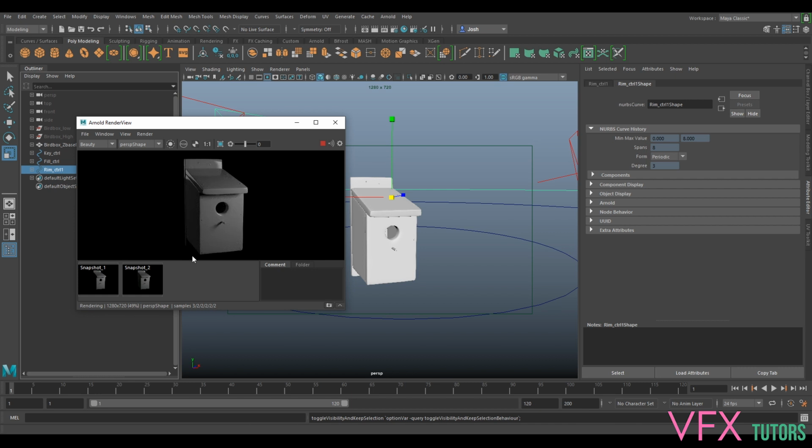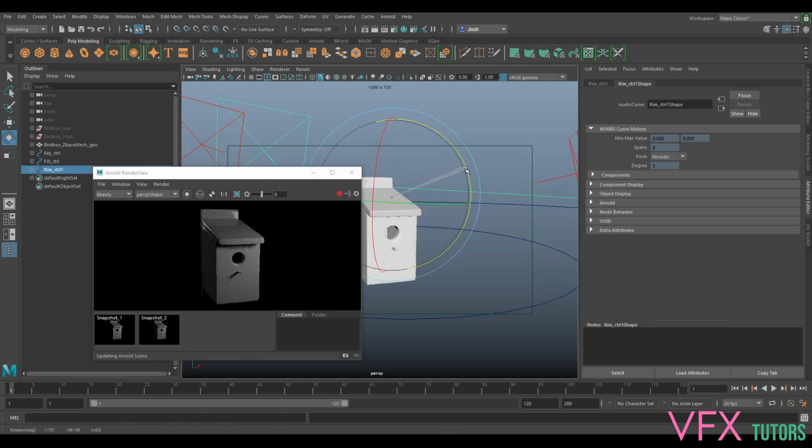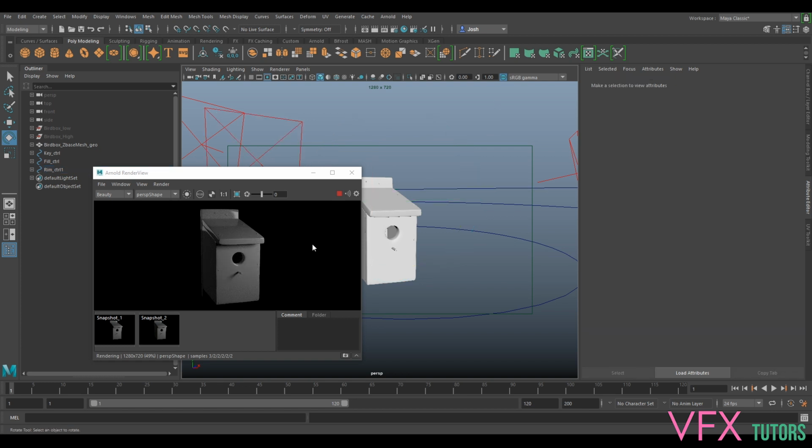See how we've got that rim light there. And we can play around with that a little bit more. I think something like that should be fine. Play around with this and you'll get different results. So if we double click on this, we can look at our first snapshot, and we can compare between